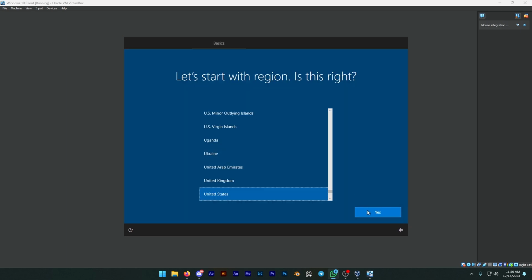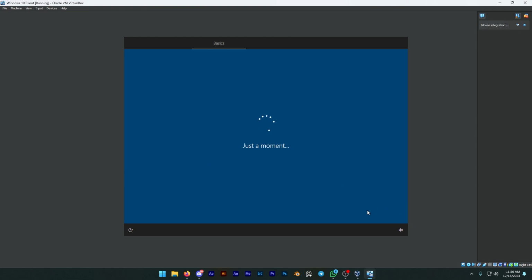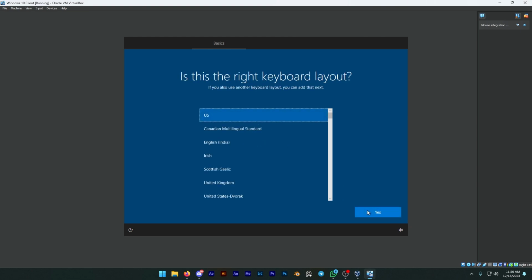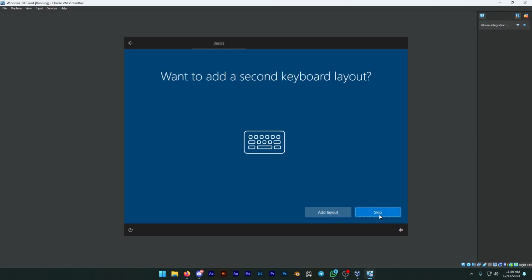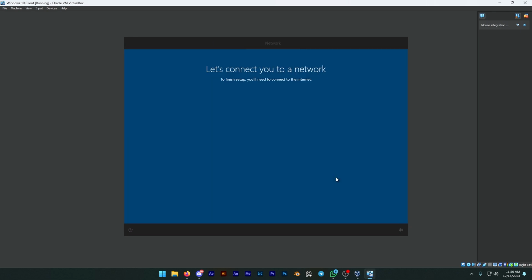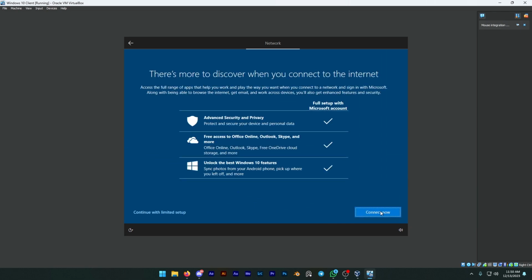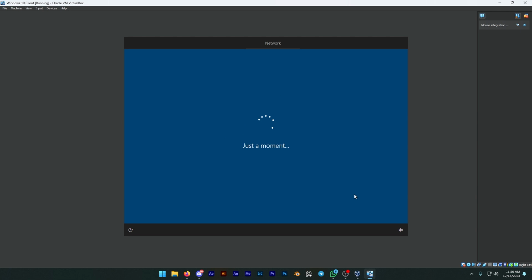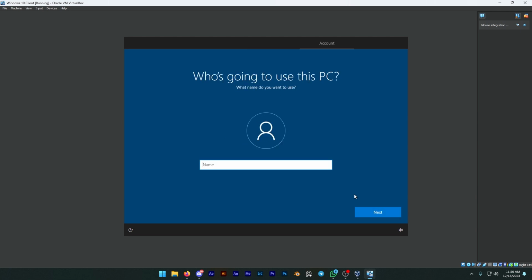Right, so now that Windows has been installed, we will click our language, our keyboard inputs. They're asking for another one. We don't need to. At the moment, we don't have any network, so we will continue without a network. Continue with a limited setup because we don't have an active internet connection. Now we're going to name the PC itself. Now this is the client, so I will name it my name